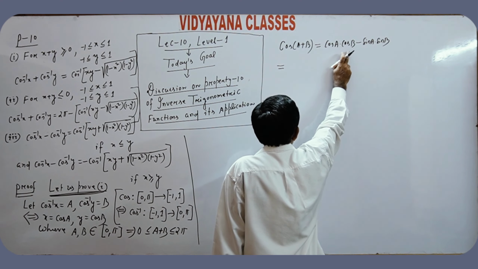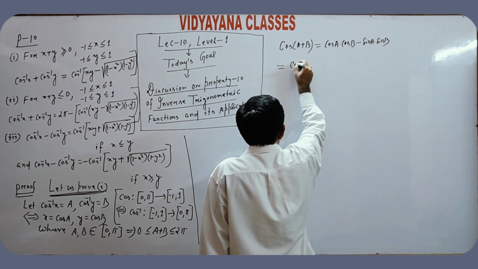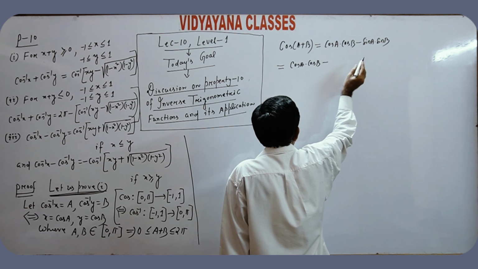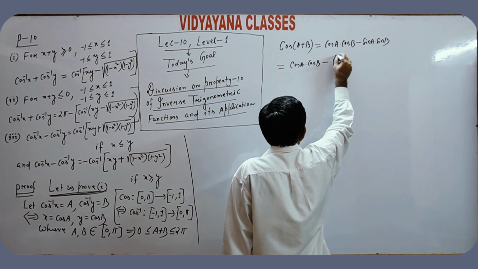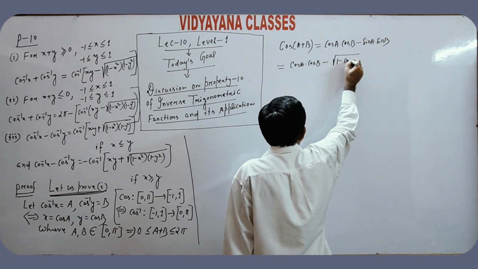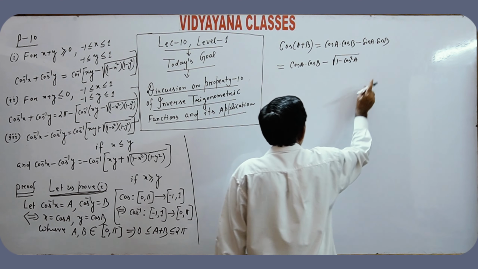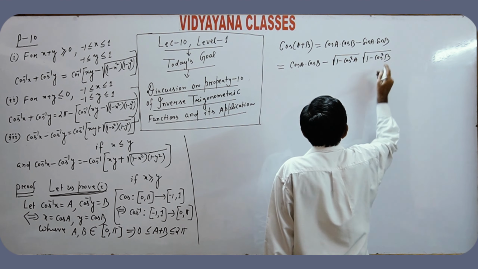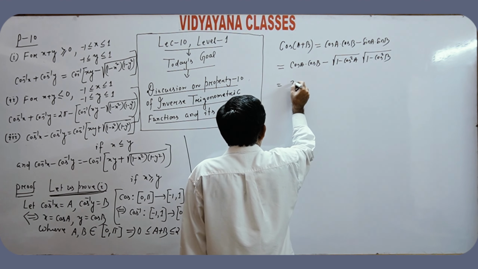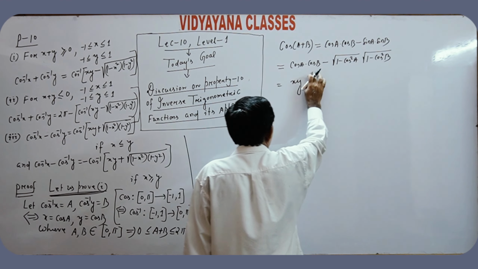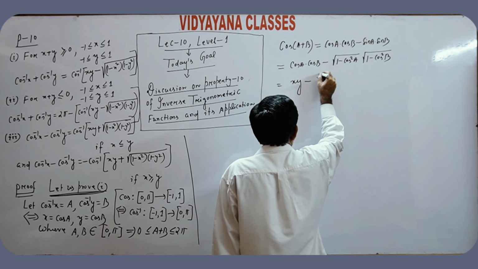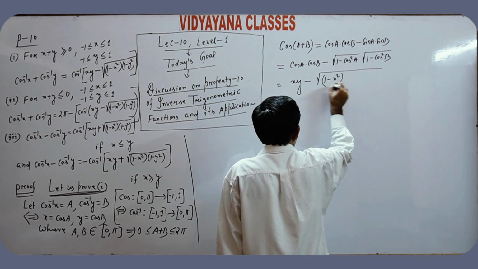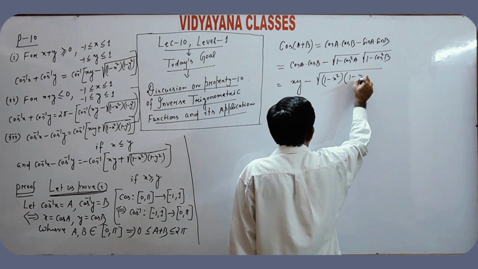cos a is equal to x, cos b is equal to y. Cos a into cos b is xy, minus sin a, which can be written as root of 1 minus cos square a, into root of 1 minus cos square b. Cos a is equal to x, cos b is equal to y, so 1 minus x square into 1 minus y square,